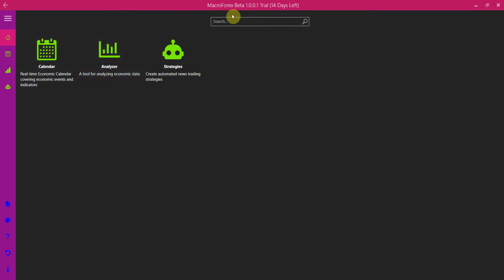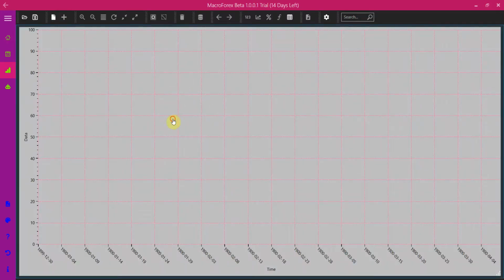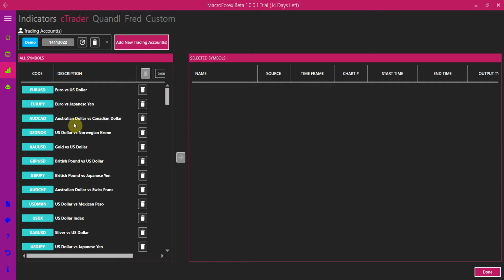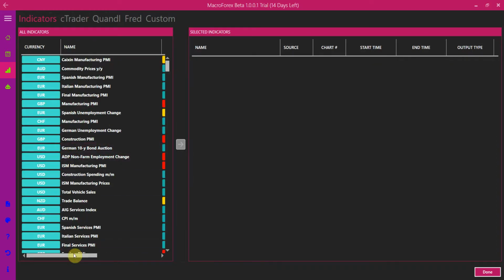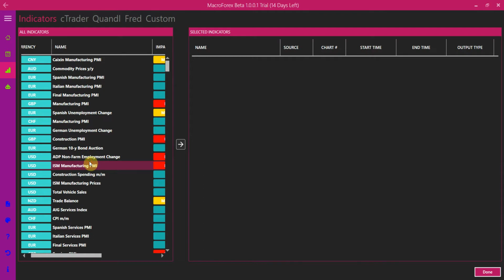Open your MacroForex and then go to the analyzer. Add a new chart on your analyzer. Click on the plus button to add the data we want to analyze. First, let's find some economic indicators that can affect the movement of United States dollar. Once we found that, we can use it for taking trading decisions